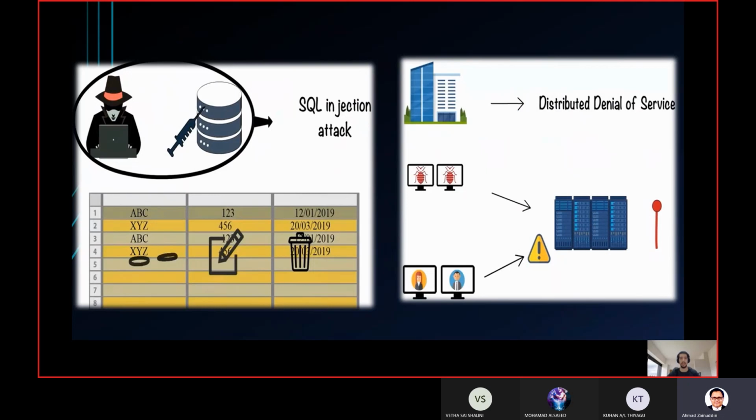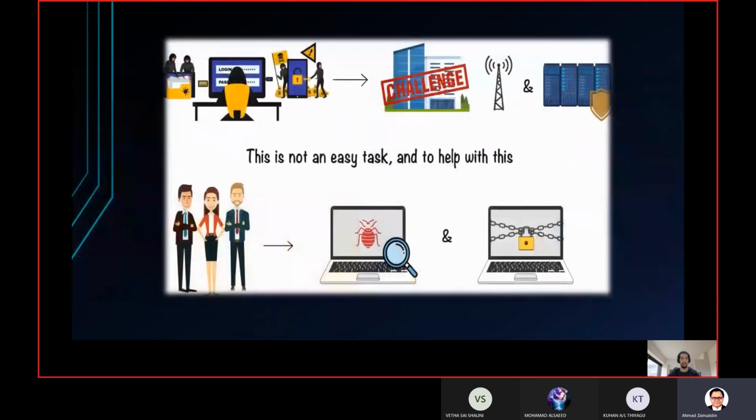A variant of this is the distributed denial of service, whose short form is DDoS, attack, when multiple systems are used to launch the attack. When a hacker manipulates a standard SQL query in a database-driven website, it is known as an SQL injection attack. By doing so, hackers can view, edit, and delete tables from the database.